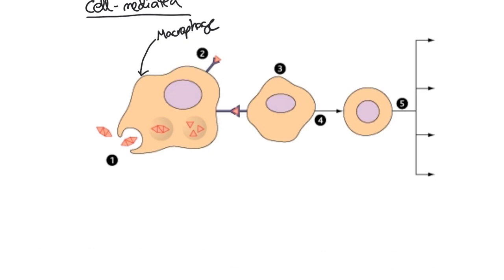That molecule is then presented on the outside of the cell's surface membrane, i.e. this macrophage has become an antigen-presenting cell. It's one of our cells that now has different antigens on it, so it's cell-mediated immunity. This process would also work if we're talking about infected cells or cancerous cells or transplanted cells.